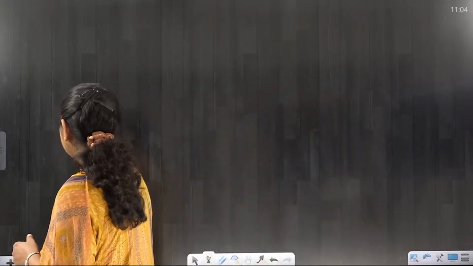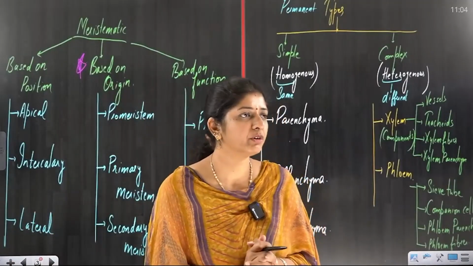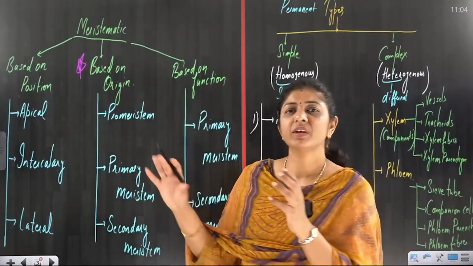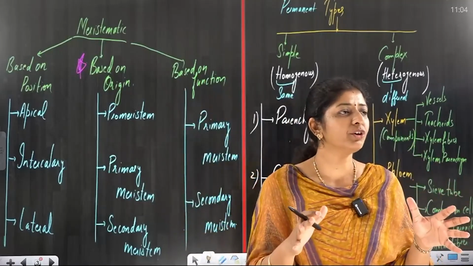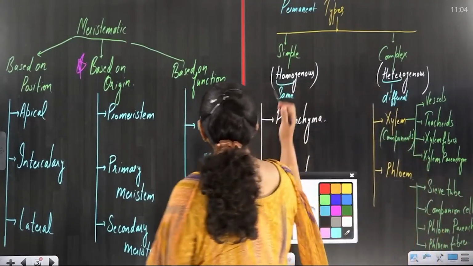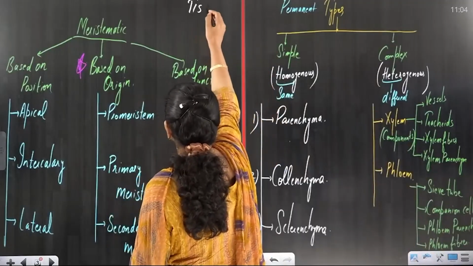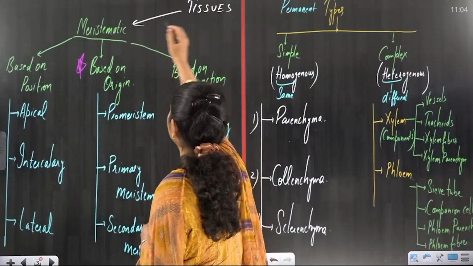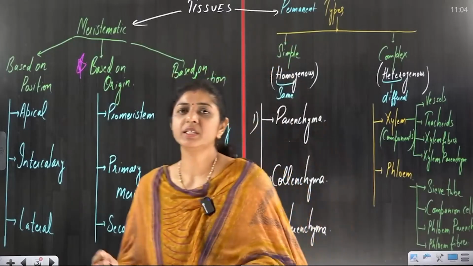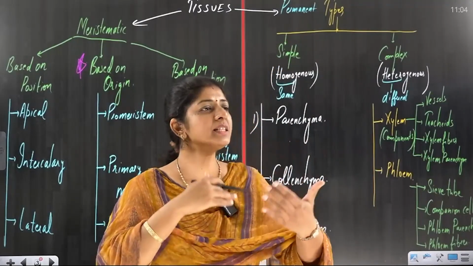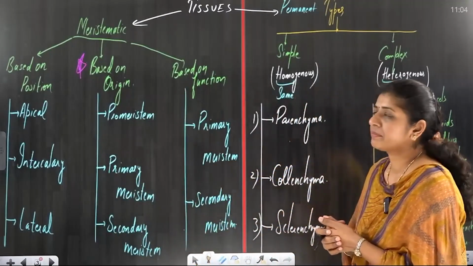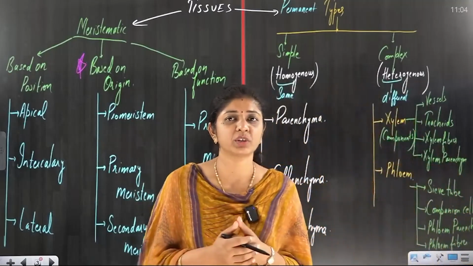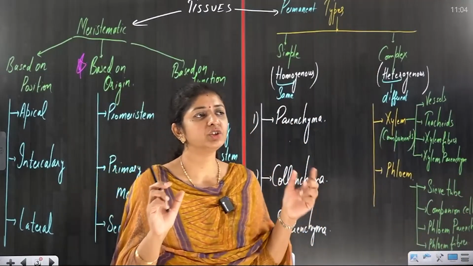Now, you must remember that in plants we have two types of tissues. In the previous lecture I gave this in a separate slide. Now I have clubbed it together to show the overall impact of the types. Now see here, we have these types of tissues in plants. One is meristematic, second is what? Permanent tissue. Now listen again, meristematic means the cells which keep on dividing. You call that meristematic tissue. Please don't look at the full flow chart, just focus on the points.